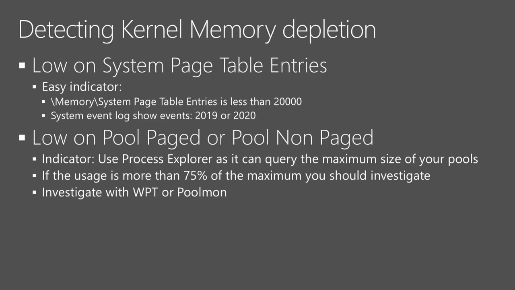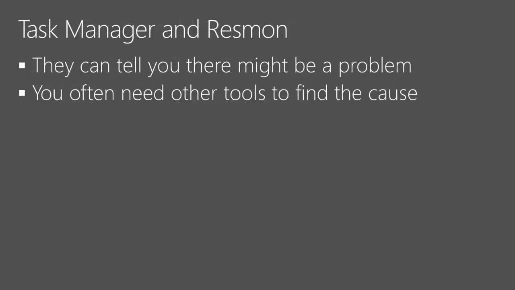You can use Process Explorer. I'll show you in a second. And that will tell you if you're reaching a critical value of 75% of your maximum. Then you should investigate more, but then you will have to change to another tool because Process Explorer can't show you what's really happening. And I'll show you an example on Poolmon. That's a tool that we can